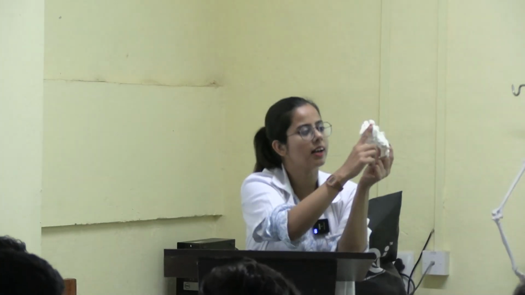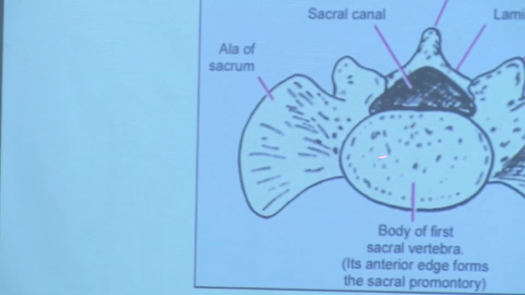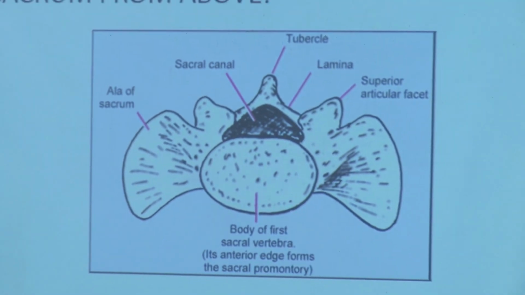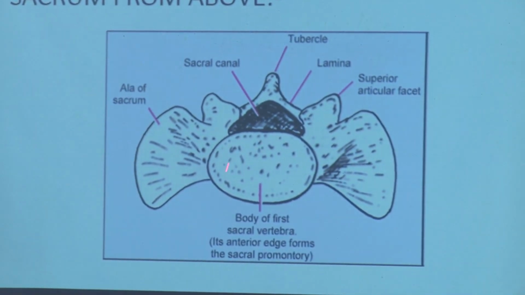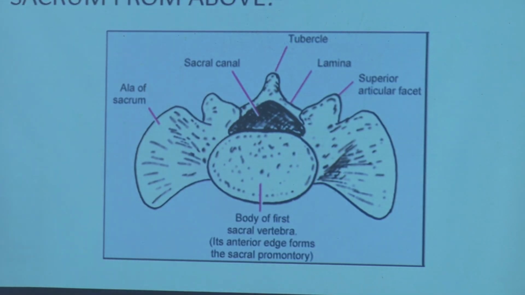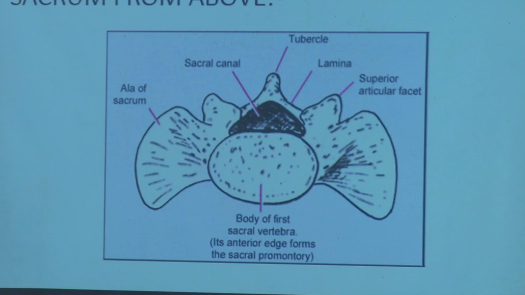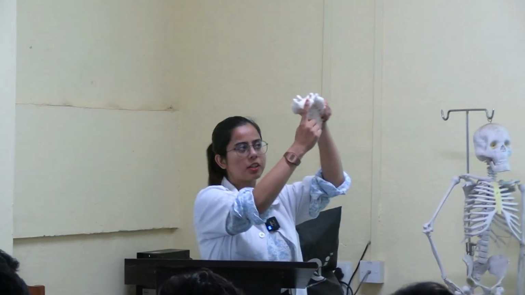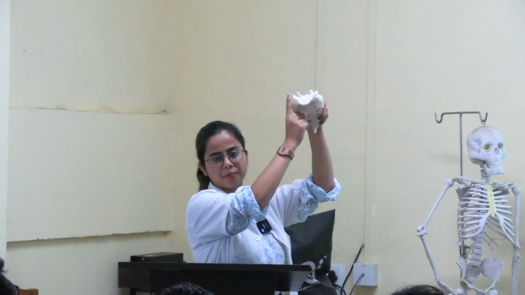And these two are fan shaped. These are the lateral masses of the sacrum. These two represent the superior surface of the lateral mass of the sacrum, and they are called the ala of the sacrum. So the median part is formed by the body of the first sacral vertebra, and laterally we have 2 fan-shaped areas called the ala of the sacrum, which is basically the superior surface of the lateral mass.